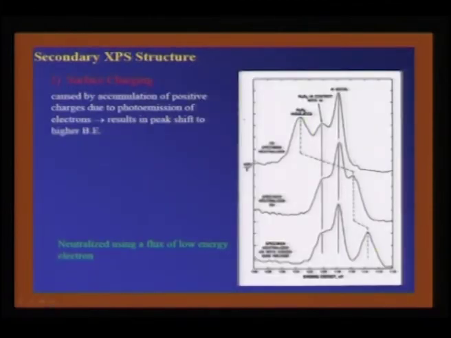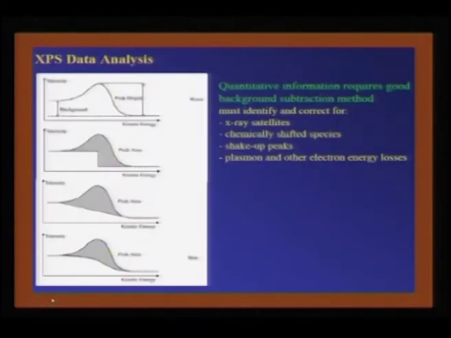For example, surface charging can become a very important issue when a specimen's neutralizer is on. You can see this is the peak due to Al2O3 and this is due to aluminum metal, but once you remove the specimen neutralizer, because of the surface charging, this peak gets shifted here, but the aluminum peak will remain the same, while this peak has moved here. So, we need to be very careful about the charging effects which can totally mislead our analysis, and also the XPS data analysis has to be viewed